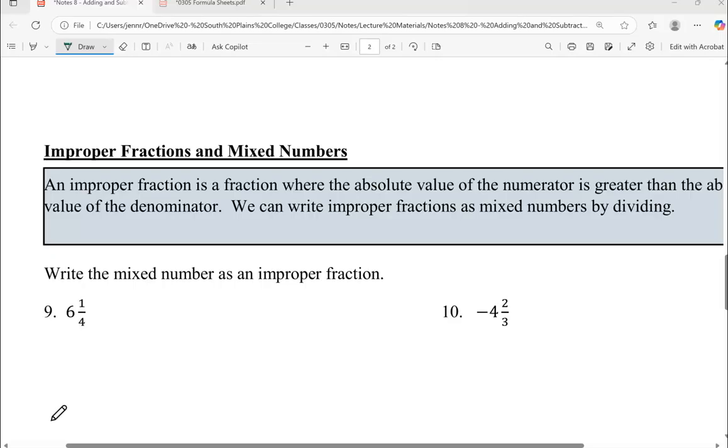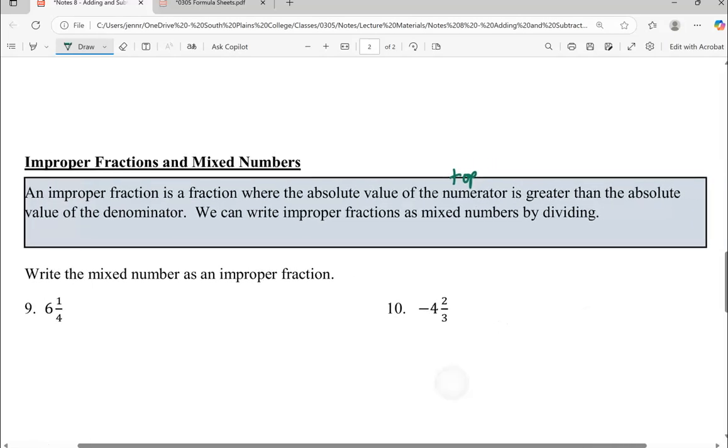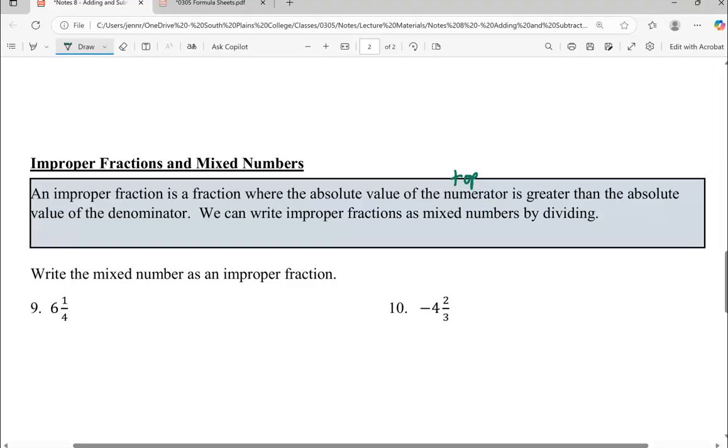An improper fraction is any time that the numerator, the top of our fraction, is greater or bigger than the denominator, the bottom. So things like 3/2 or -4/3. An improper fraction happens anytime I have more than a whole value. So for example,